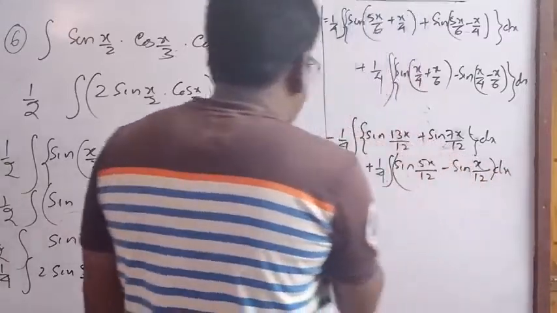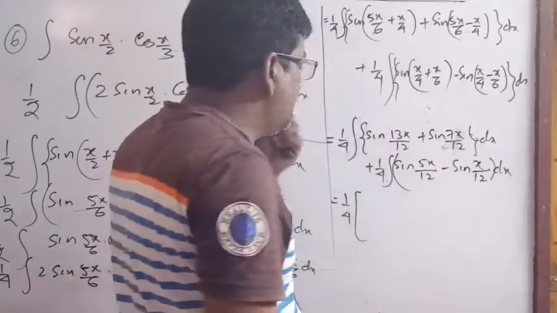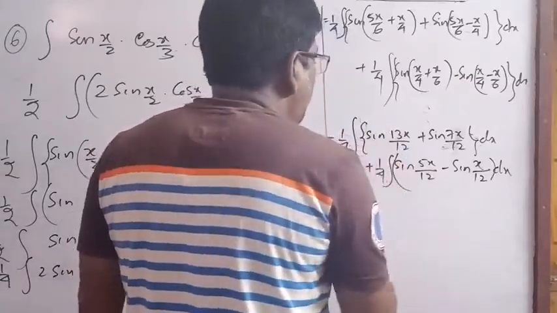So 1 by 4 integration of sin 13x by 12, that is